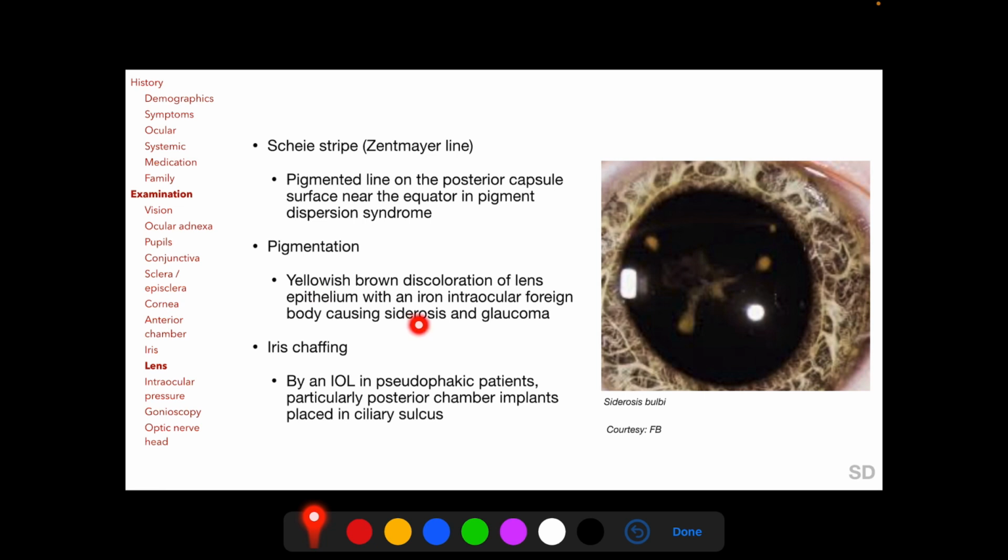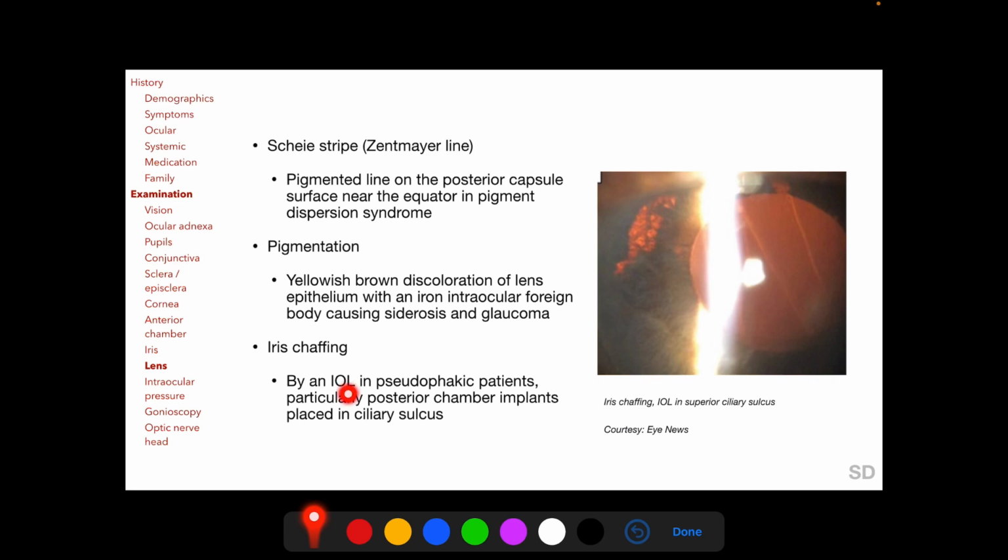And in siderosis, due to an iron intraocular foreign body, we may find yellowish-brown discoloration of the lens epithelium, as seen here in this photograph. An intraocular lens can cause iris chafing, particularly when a posterior chamber implant has been mistakenly placed in the ciliary sulcus, as seen here in this photograph, in which the superior portion of the optic is in the ciliary sulcus of